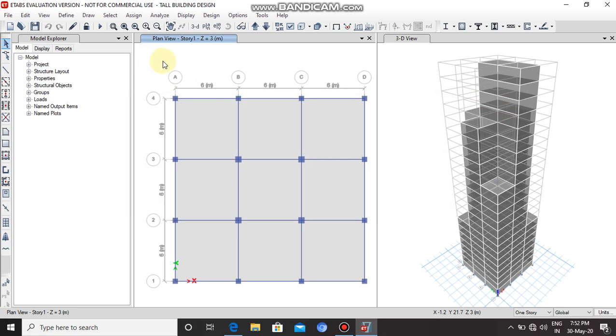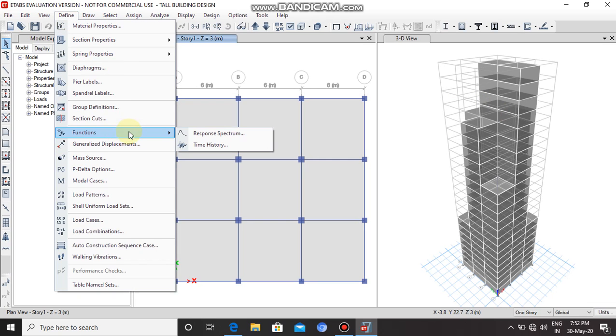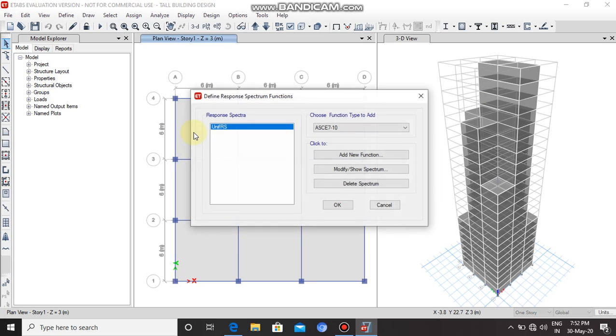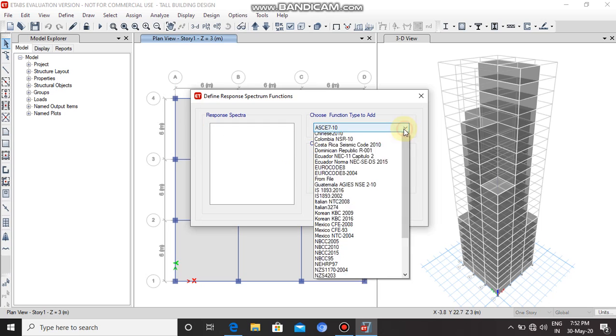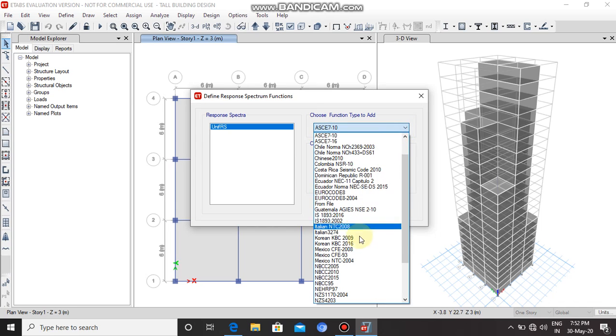Now, for response spectrum analysis, go to define, then function, then response spectrum. In this new window, select IS 1893-2002.